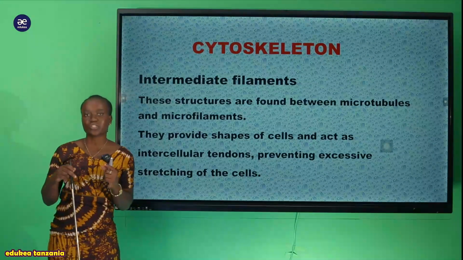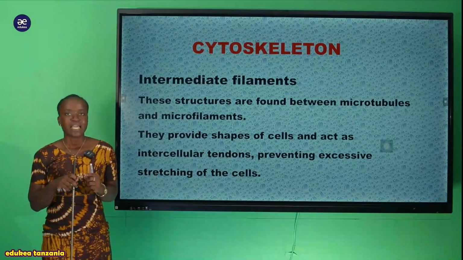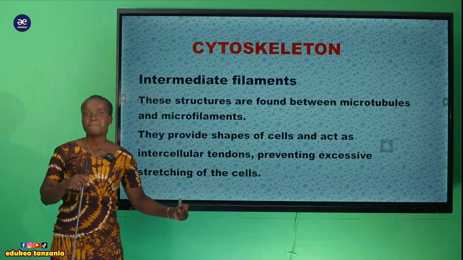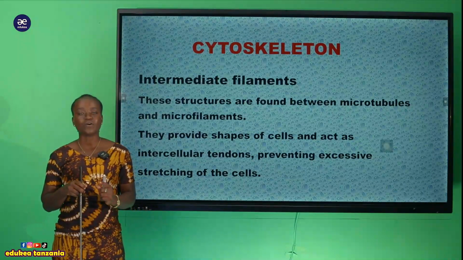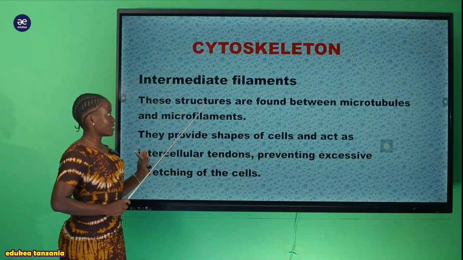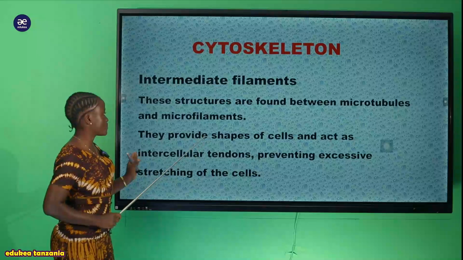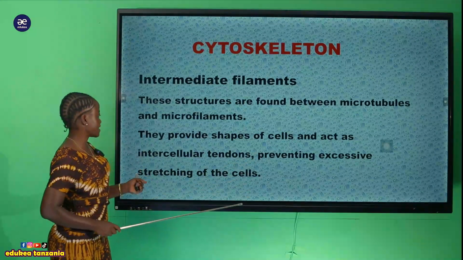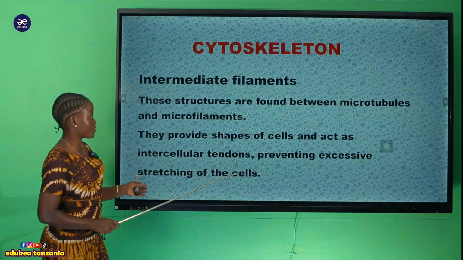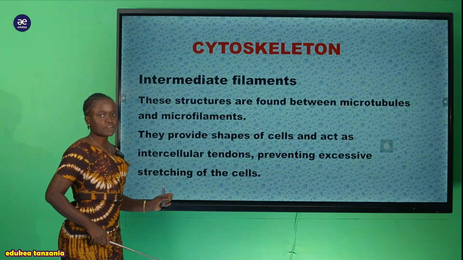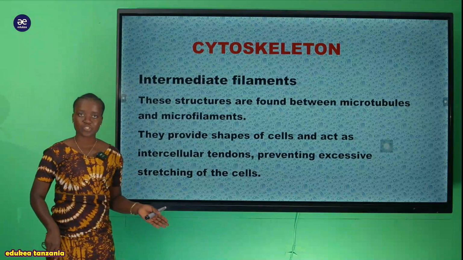It acts as a junction. Simply you can say like that. It acts as a junction that connects the microtubules and the microfilament. So now this intermediate filament, they provide a shape to cells and act as intercellular tendons, preventing extensive stretching of a cell. So the first function of this